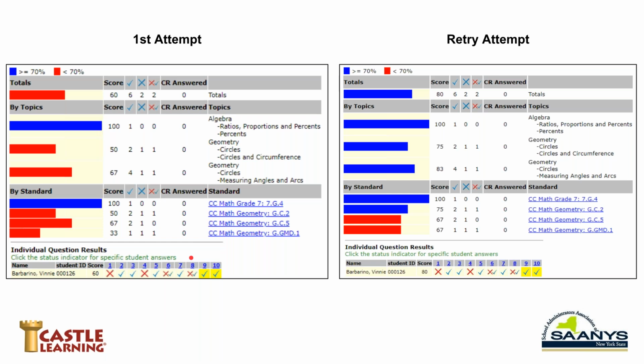Questions 1, 4, 6, and 8 were all questions that the student missed on their first attempt. They got some instructional help, and in this case on question 6 and question 8, they were able to answer the questions correctly on their reattempt, or second try, whereas questions 1 and 4, they missed on both tries. This reporting on the right side of the screen, folks, gives us the retry scores at what we would consider to be full credit. So the student took a jump from 60 to 80% based on the retry.